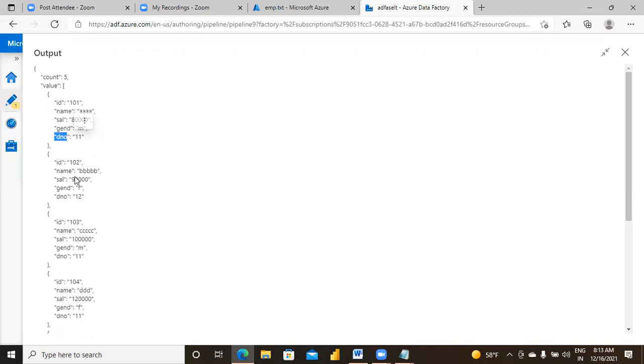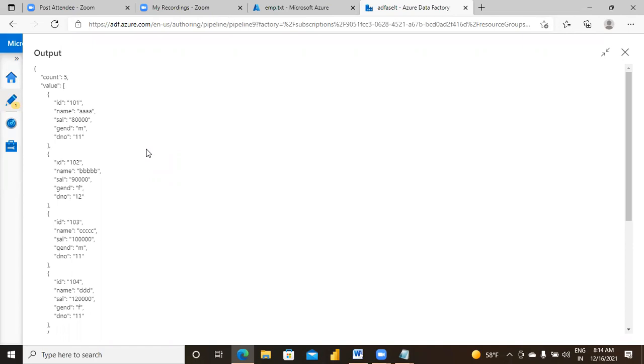But lookup activity output is in the format of JSON. Understand? So each record you want to fetch, apply the function item. From that record, a particular field value, suppose only salary value you want, which is the third field: item dot salary. Suppose I want to apply a filter whose salary is greater than 50,000. Only I want to take those records. At that time, you have to go for filter activity. Within the filter, your condition.